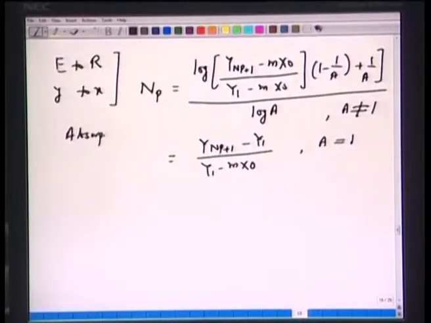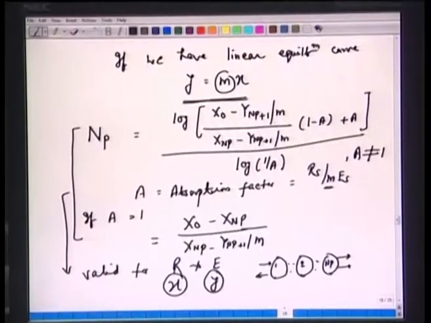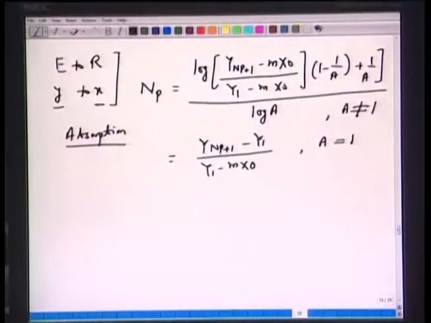Okay. So, we have absorption from gas phase to the liquid phase, and in the previous example we had desorption or stripping. So, we can go to the previous page and say that the expression holds good for stripping or desorption, X to Y phase. And these two expressions are known as Kremser